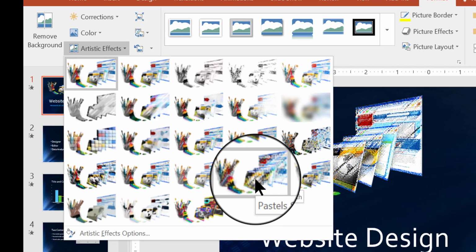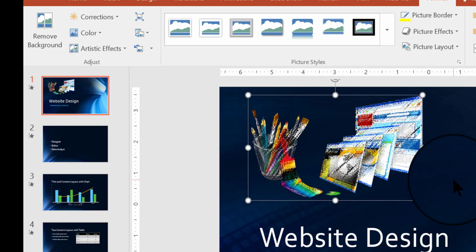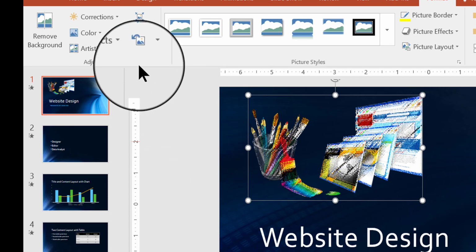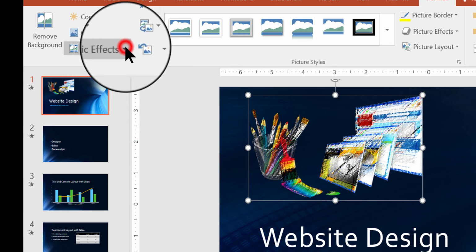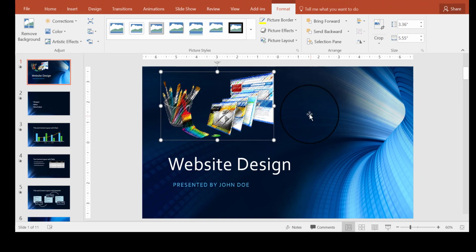Here is a pastel smooth. If I click that, that's the effect that it has. So the artistic effects are a little bit more involved with really an artist's tools such as chalk, paintbrush, pencil, pen and ink, different visual effects that are really in the artistic realm. So I'll just leave it like that with